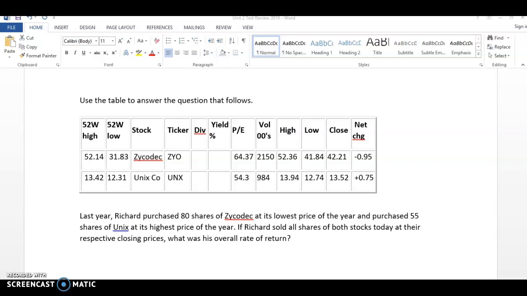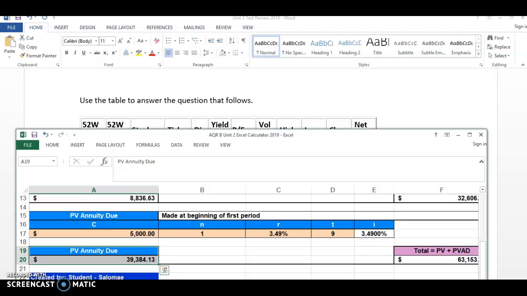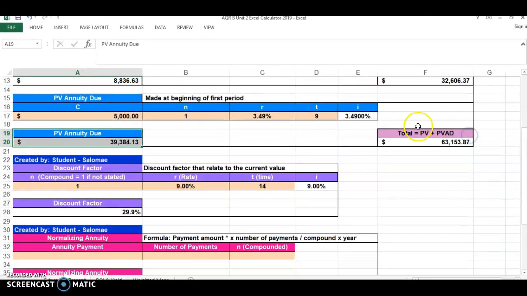So last year, Richard purchased 80 shares of Zycodec at its lowest price of the year and purchased 55 shares of Unix at its highest price of the year. If Richard sold all the shares of both stocks today at their respective closing prices, what is his overall rate of return? Well, if I want to figure out his rate of return, what I'm going to do here is